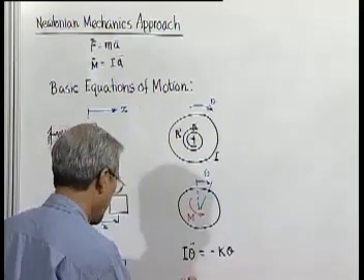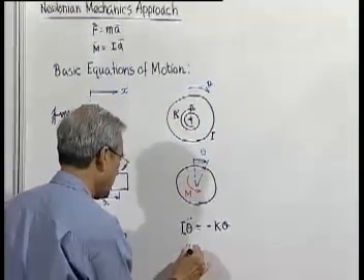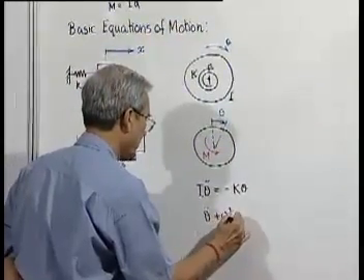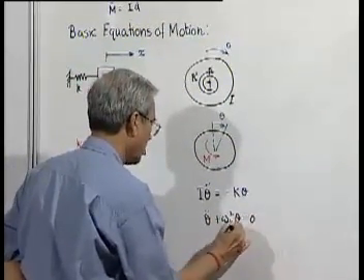So, here again we find the basic equation is theta double dot plus omega n square theta equal to 0,